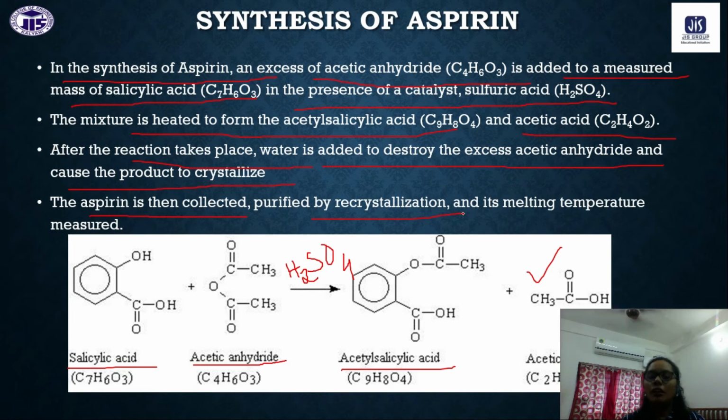First, the aspirin will be collected and purified by recrystallization again and again. We have to recrystallize acetyl salicylic acid repeatedly so that all the undesired product is removed, and the acetyl salicylic acid can be purified and taken as a drug. Its melting point will be measured,